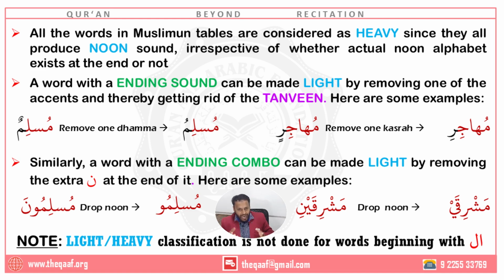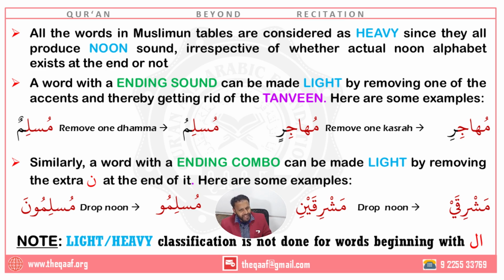This is not light. I know the topic is light, but the impact is not light. The impact is very heavy on the understanding of the Arabic language. So try to get this in your brain. What is light? What is heavy? How to turn from heavy to light, and vice versa. Now, this is possible only for the words that have an ending sound, which means tanween. But not all the words have tanween. Some of them have ending combination.